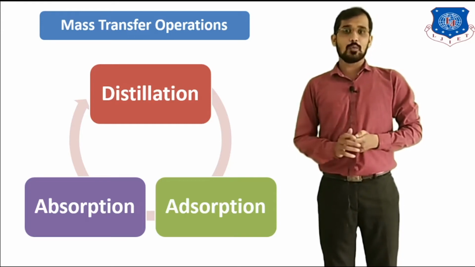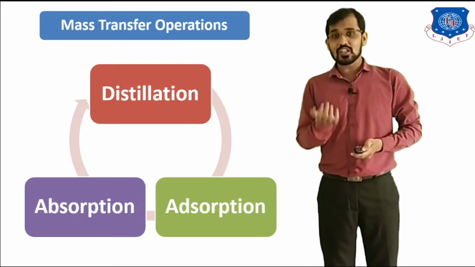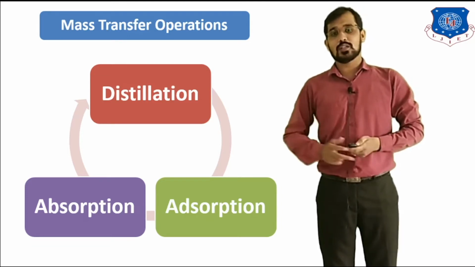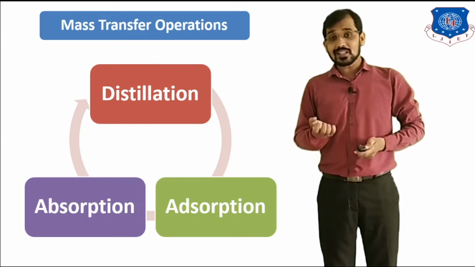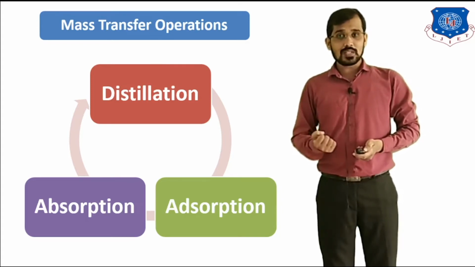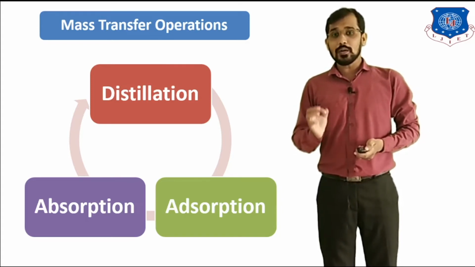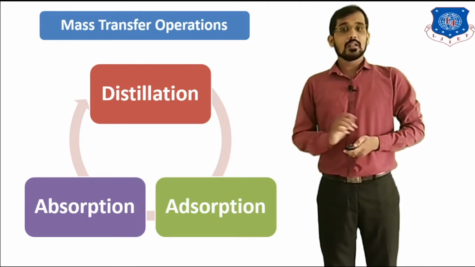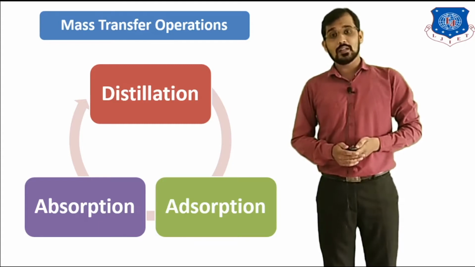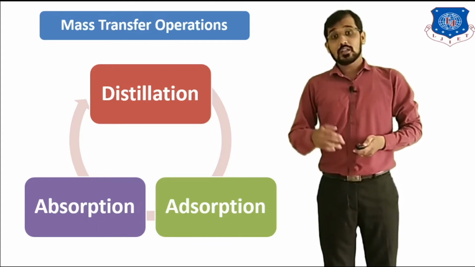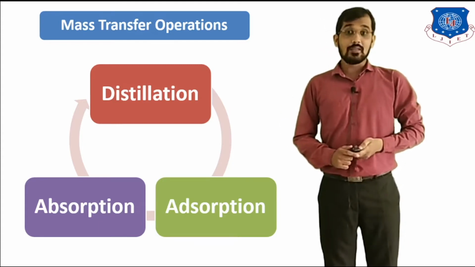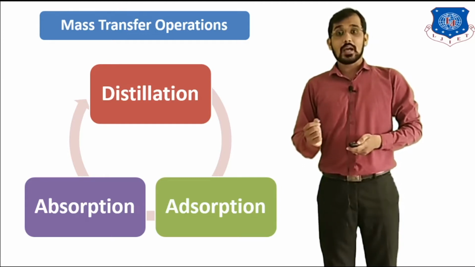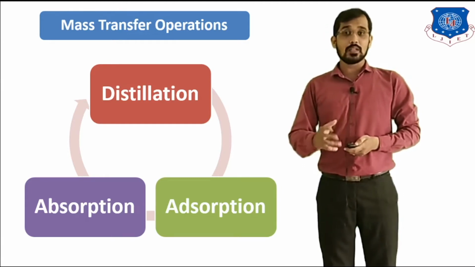In the distillation process, if you want better efficiency, different trays are possible. If you want better separation by using distillation, there should be better contact between the liquid stream and the gaseous stream. Then better separation is possible in the distillation column. There are different types of trays available. I will discuss all these trays and the conventional distillation column in the next slide.